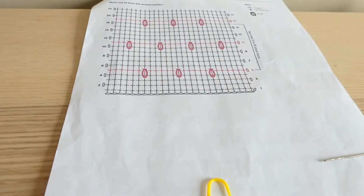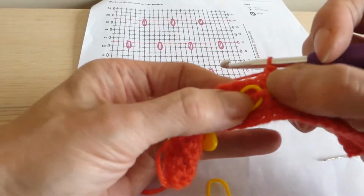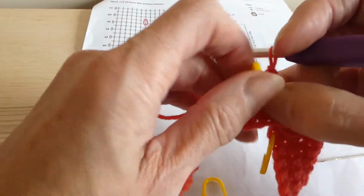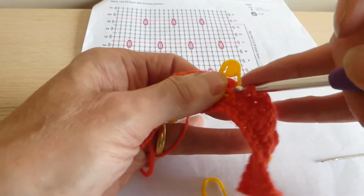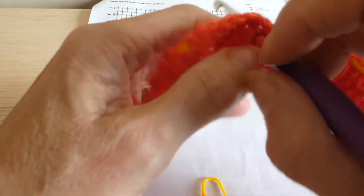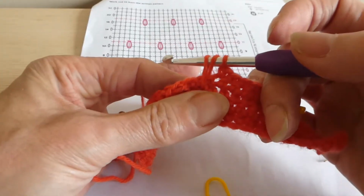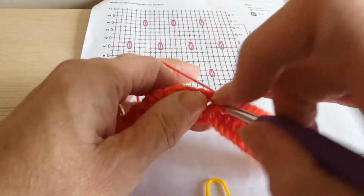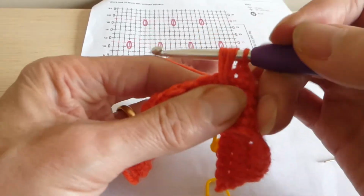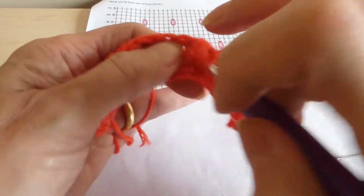So again, as long as you do the same thing each time, you can either go into the top of the marker or the bottom of the marker. So yarn over, into the marked stitch, pull through, bring it up to the level of your row, yarn over, and a sharp tug to get it the same height. 3, 4,